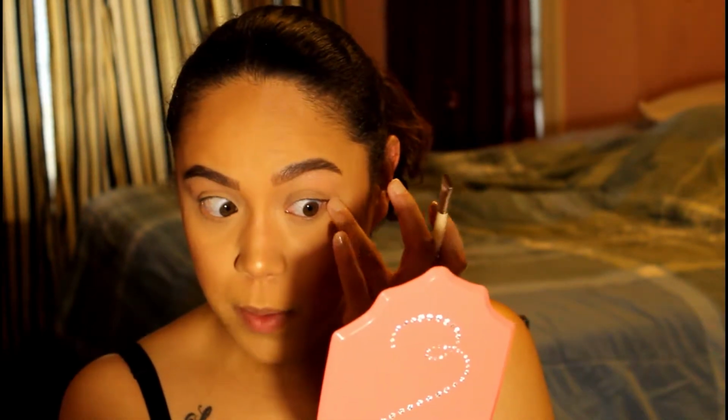When I have a base on, it sticks perfect. It doesn't move, it doesn't budge. It does what I need a shadow to do, which is stay and last long. Alright, so